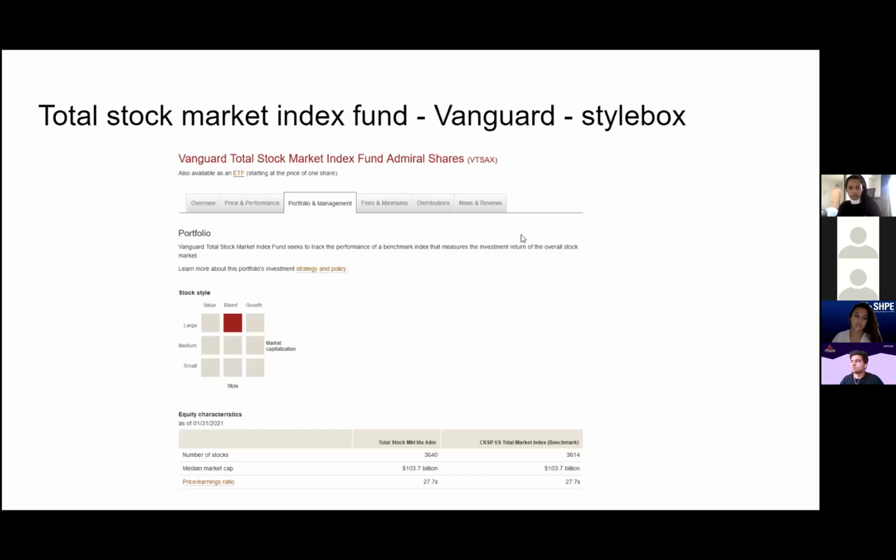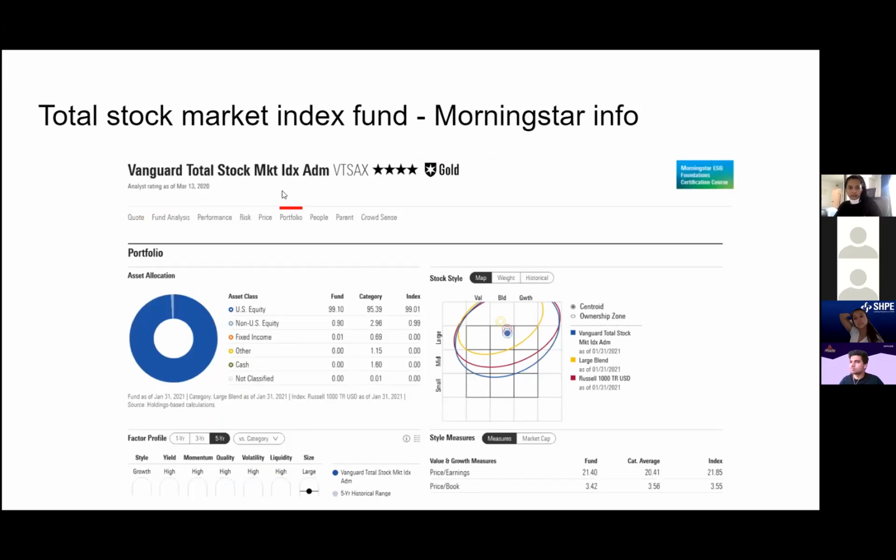So here is the Vanguard page where they show the style box. Now this particular box is a bit misleading because it only puts color in one box, but really all of these boxes are in force here, and you can see it buys the whole market. About 3,500 stocks in the U.S. market. But this is really describing the footprint. It behaves like a large cap blend is the general idea.